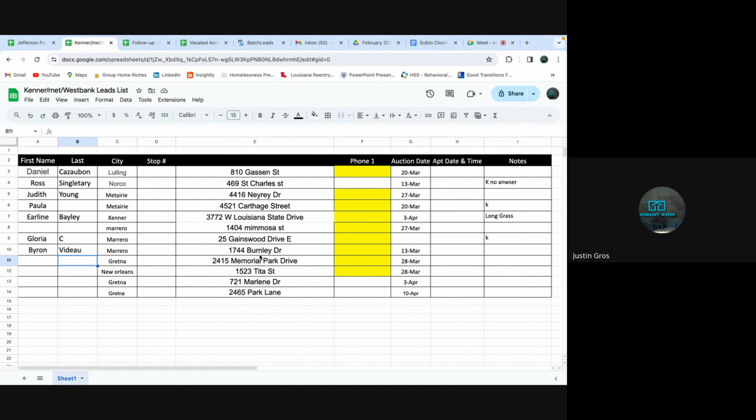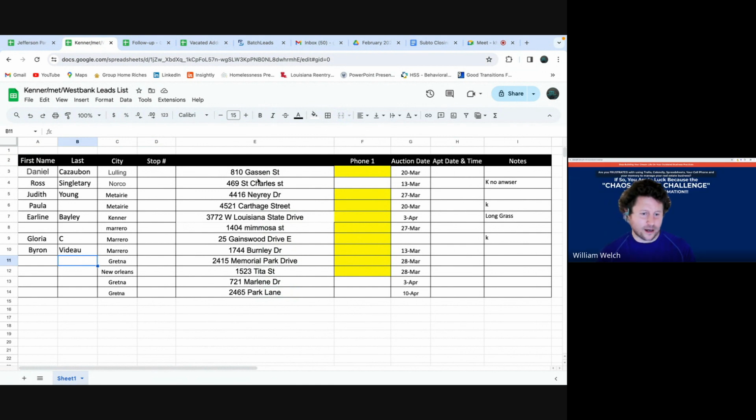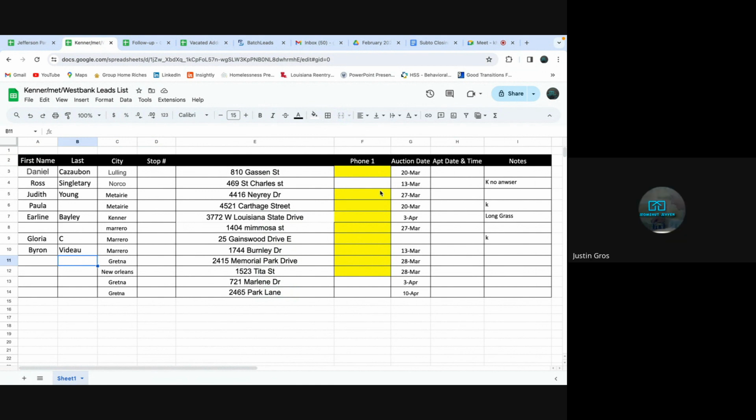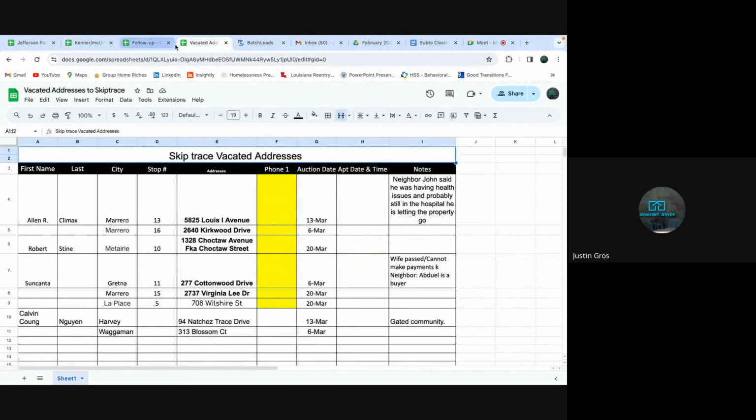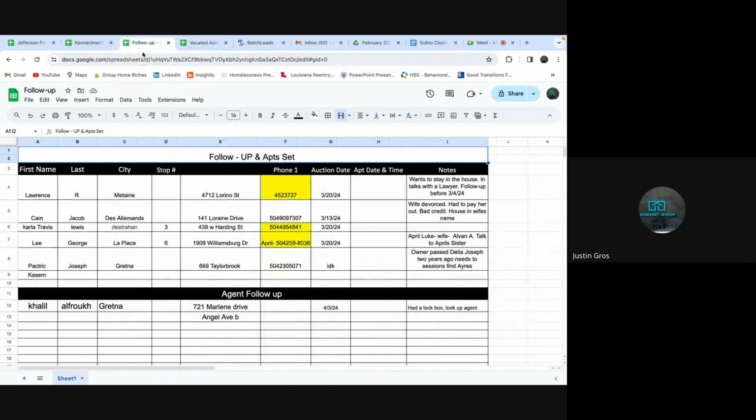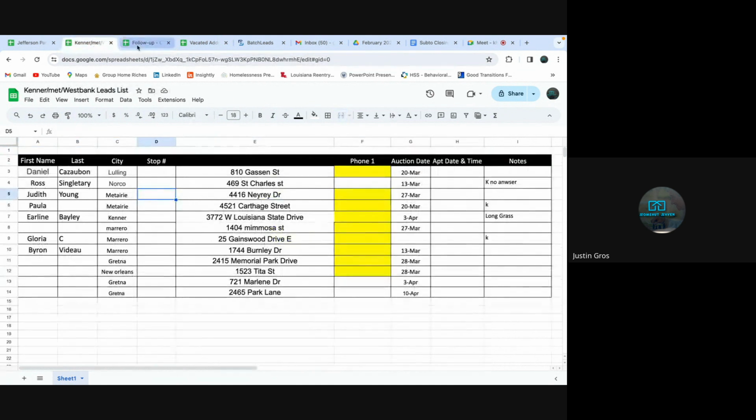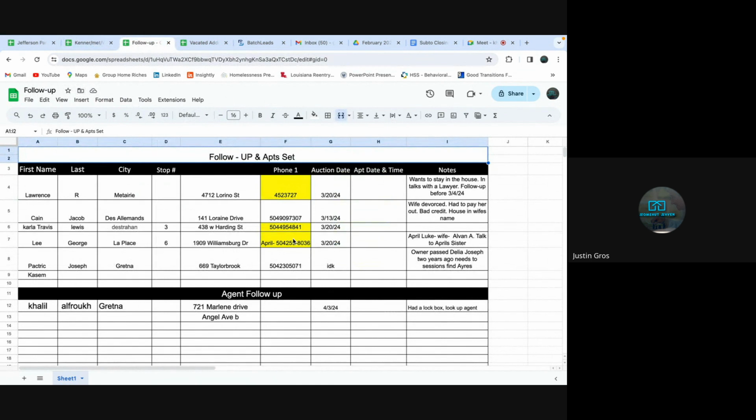Does that make sense? Yeah. I know there's probably a better way. Say I get back and I got a note like this address, it was vacant. I can tell it's vacant, long grass, whatever. I'll take the address, copy it, and add it to this list. Or if I get in touch with somebody and I create a lead sheet, like they want to move and they're kind of hot or warm, whatever the case may be, I'll take it off of this sheet and add them to the follow-up sheet.